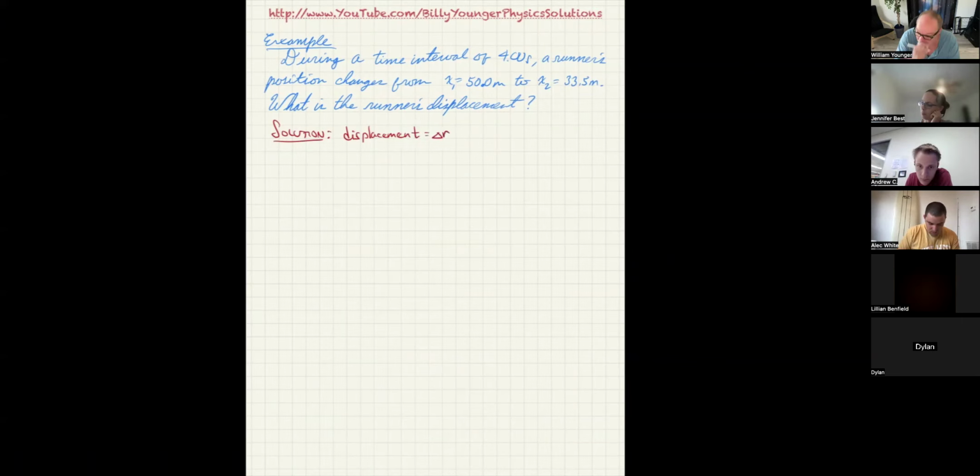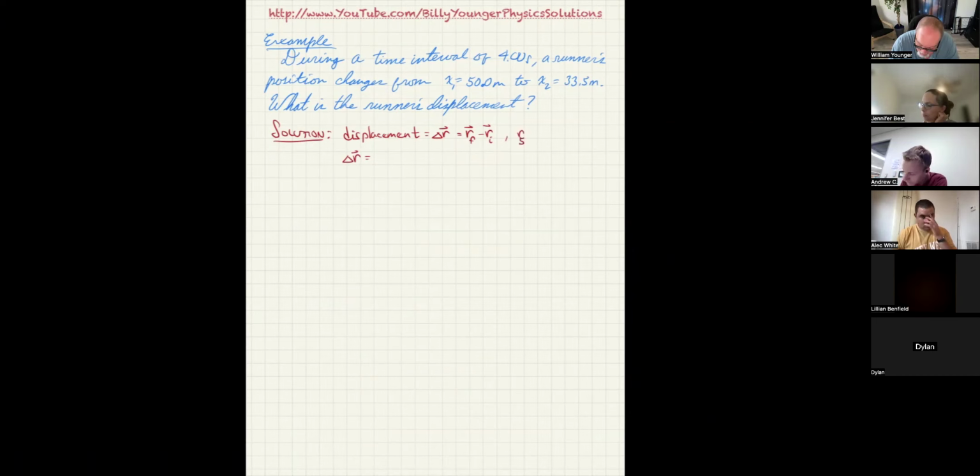Remember, we called that delta R, and that's supposed to be R final minus R initial. And specifically, they're supposed to be vector quantities. But in terms of the X and Y are all along the X axis, that just means in principle, one could be a negative and the other could be a positive. And the negative one means it's pointing to the left, and the positive one means it's pointing to the right. In this case, they're both positive. So what I'm going to say is delta R is equal to R final minus R initial,